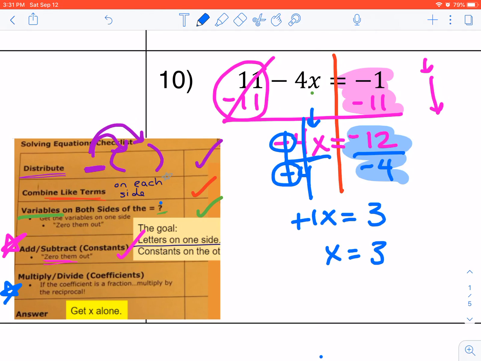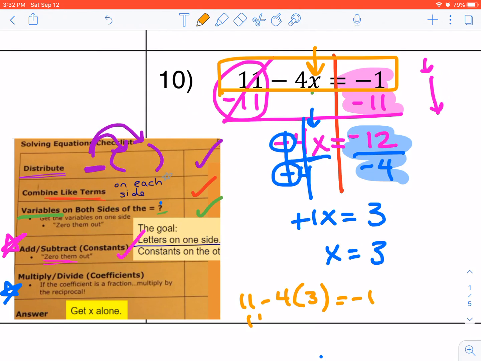You can check yourself by going back to your very first line, your original question, and you can plug in a 3 right there like we did on the previous example on video, and you will be able to see whenever you work it out, 11 minus 4 times 3 equals a negative 1. 11 minus 12 equals a negative 1. Negative 1 equals a negative 1. And so I know that I solved it right. The answer